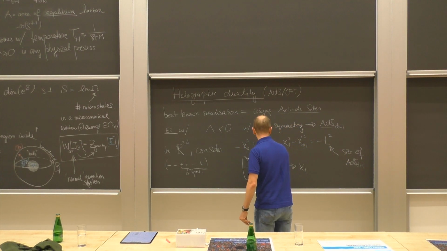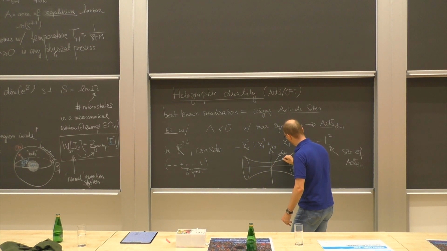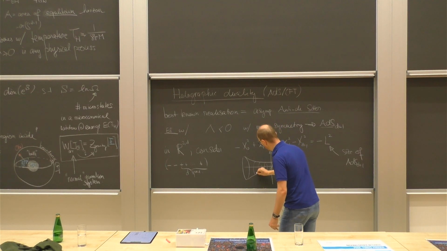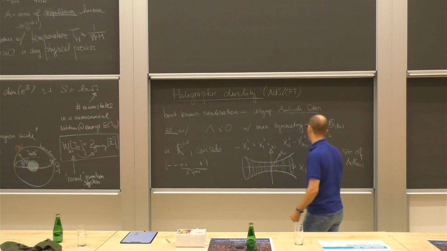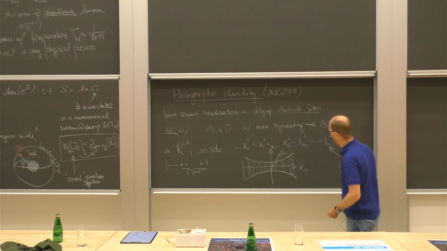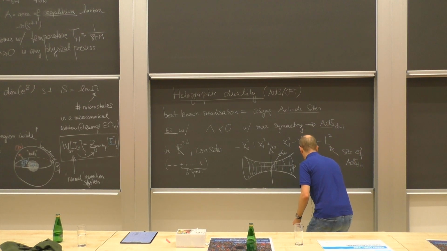Then you have this hyperboloid, which is a hyperboloid of revolution, which basically has these transverse spheres. And I'm just drawing a visualization of this. Basically, this would be the AdS_{d+1} hyperboloid